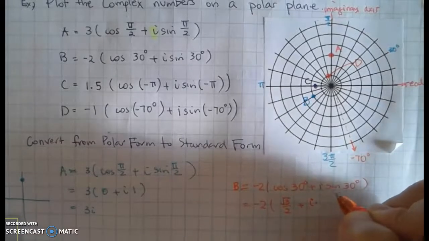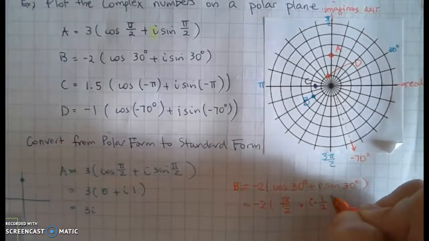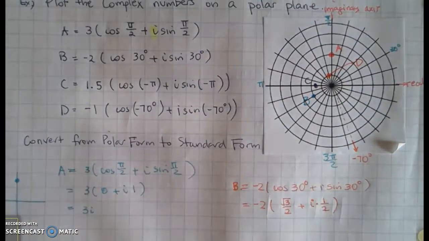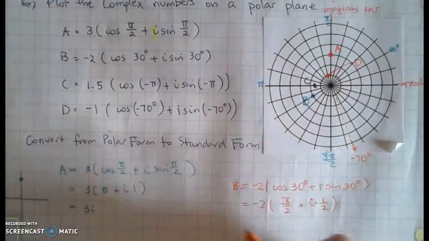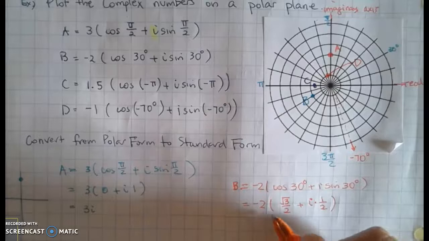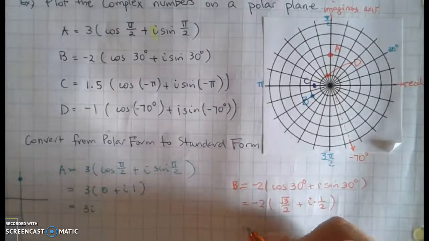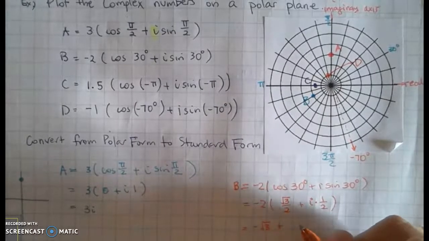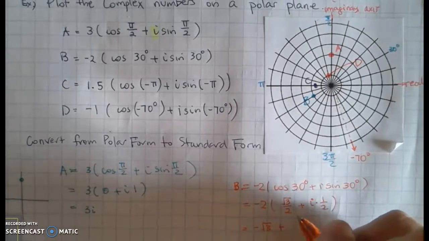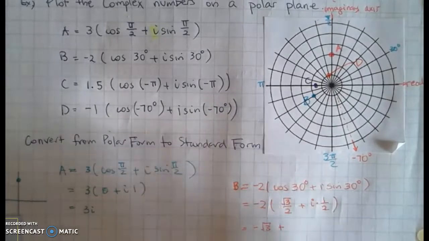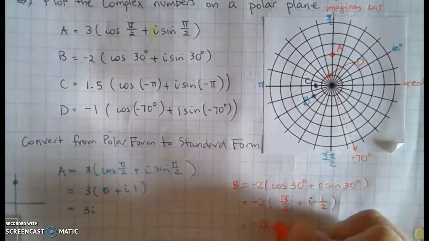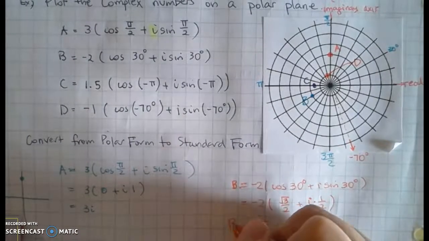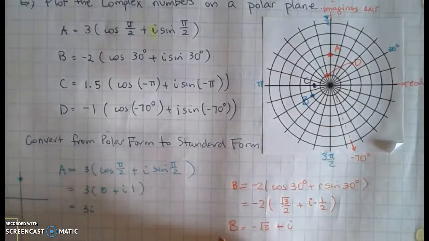That's my easy 1/2 that I asked you to memorize. Sine of 30 degrees is 1/2. So then multiplying -2 to each of them, that leaves me with -√3 plus i times -1. So it's going to be negative or minus i. So the equivalent form of B